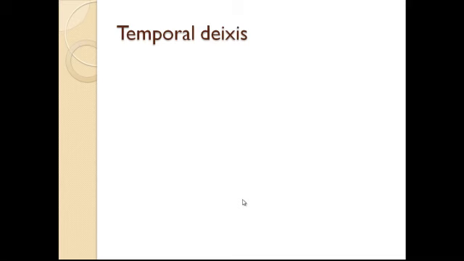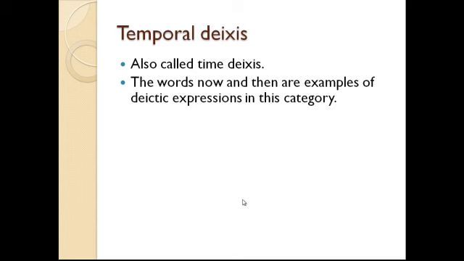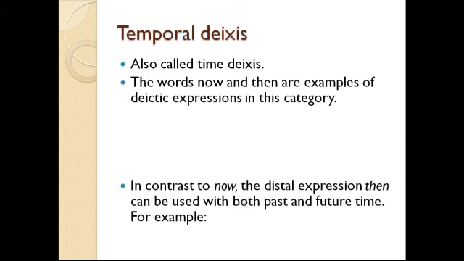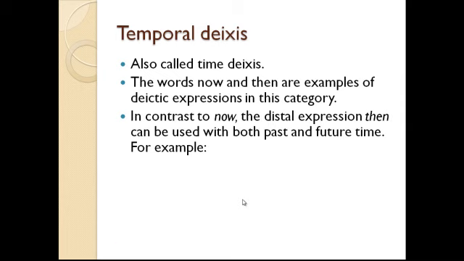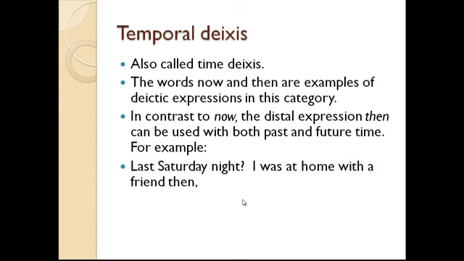The next type of deixis is temporal deixis. This is the last type of deixis that we're going to look at. This is also called time deixis. The words now and then are examples of deictic expressions in this category in English. But then, in contrast to the word now, the distal expression then can be used with both past and future time. For example, when you say,